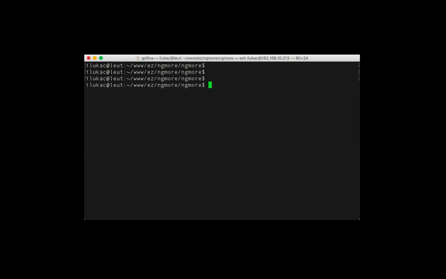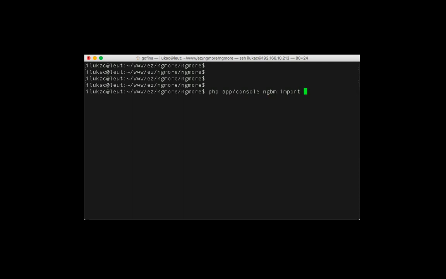So I'm now on the instance of what you see in the browser. So basically, what I would do is go to the typical, so it's called